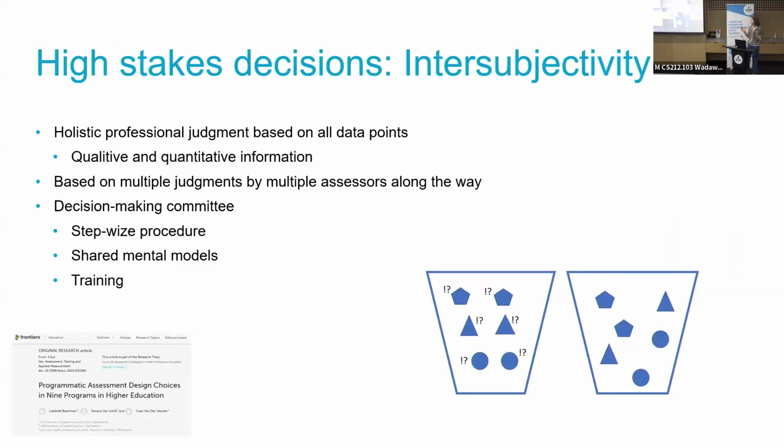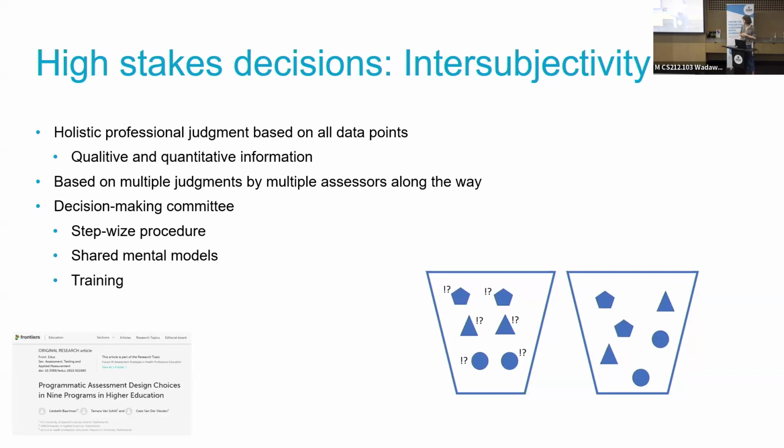So that's how high stakes decisions are made. It's a holistic professional judgment based on all data points together, which is important to contain both qualitative and quantitative information, based on multiple judgments by multiple assessors or feedback givers along the way. That's what I told about the artifacts and the feedback connected to the artifacts. And then you usually have this